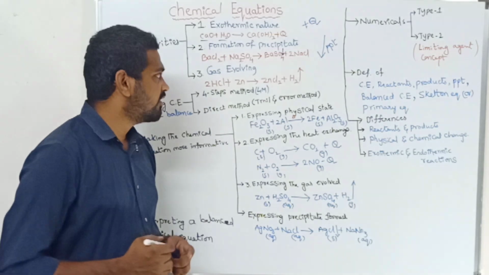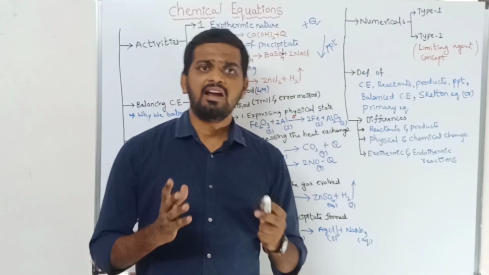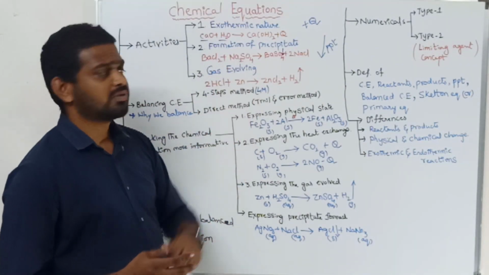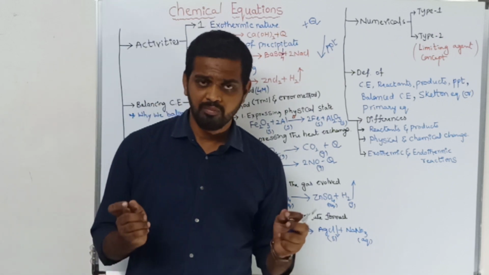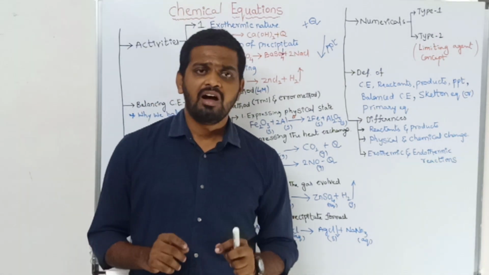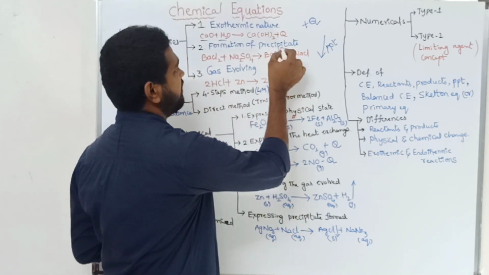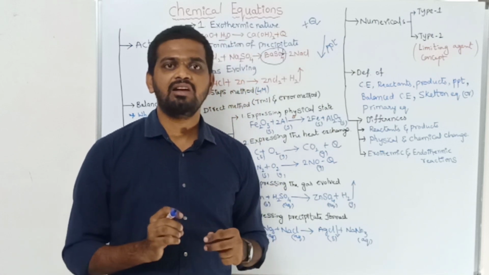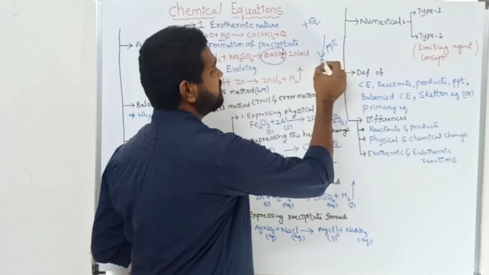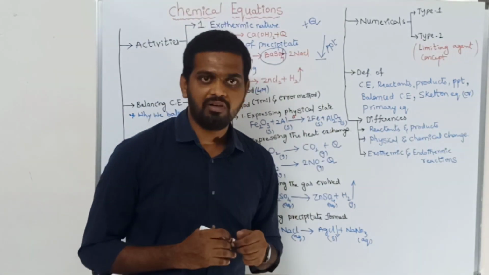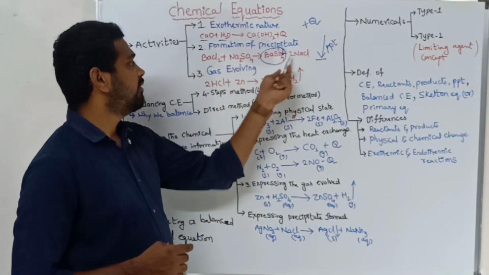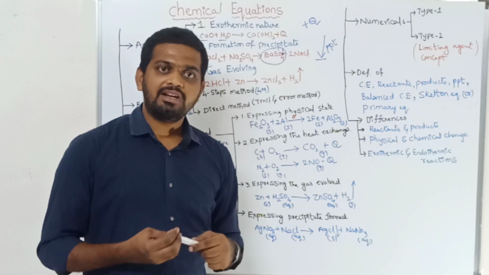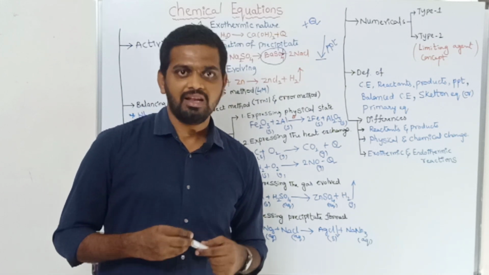Coming to the formation of the precipitate, here I have taken 100 ml of aqueous solution of barium chloride and 100 ml of aqueous solution of sodium sulfate. Now I mixed both of them in the quantity of 10 ml. After the chemical reaction, you will get barium sulfate as the precipitate. Is it clear, children? This precipitate will settle down. Because of that reason, we use a downward arrow to represent the precipitate formation. So by doing this activity, we observe that a precipitate may be formed in the chemical reaction.